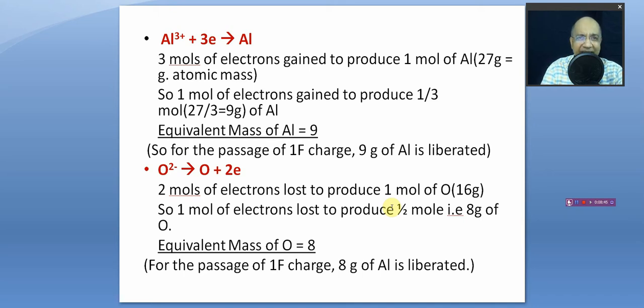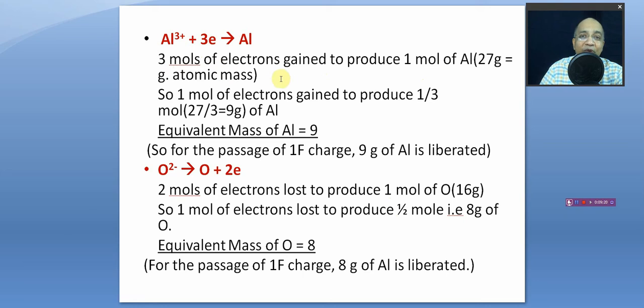Whatever may be the case, whether it is spontaneous, that is dissolution of aluminium in a dilute acid, or it is the deposition of aluminium in an electrolysis experiment, the electrolysis of molten alumina, for example. Now, 3 electrons are gained by 1 aluminium ion to form 1 aluminium atom. So therefore, 3 moles of electrons are gained to produce 1 mole of aluminium. 1 mole of aluminium means 1 gram atomic mass, that is 27 gram.